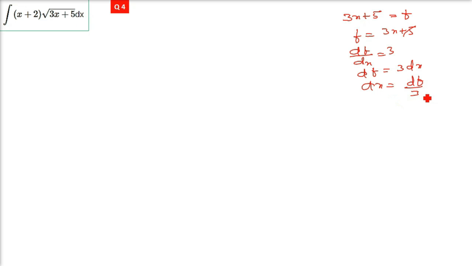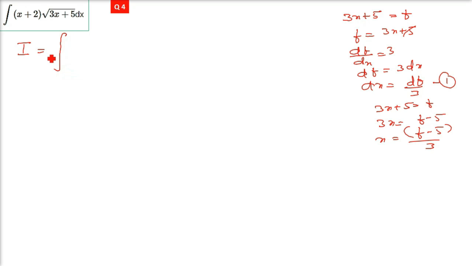So wherever dx is there, we'll replace it by dt by 3. Since we have x here, we'll replace x: 3x plus 5 equals t, 3x equals t minus 5, x will become t minus 5 by 3. So wherever x is there, we are going to replace it by t minus 5 by 3. The integration is going on here with respect to dx, and x plus